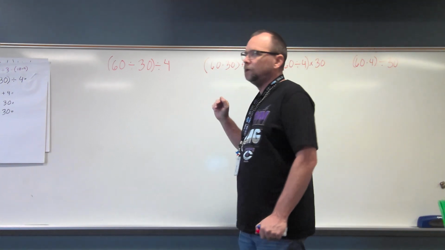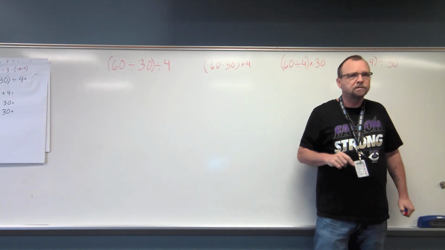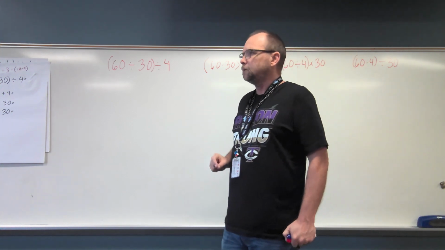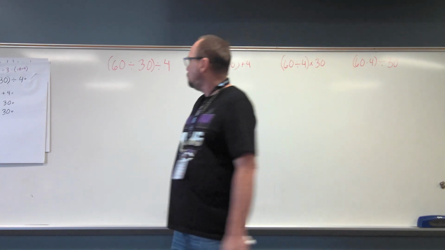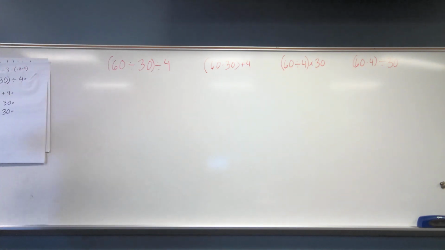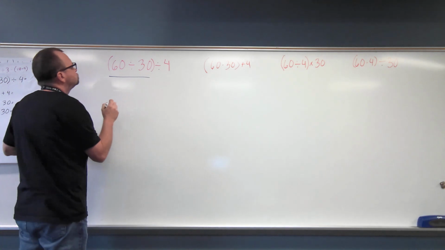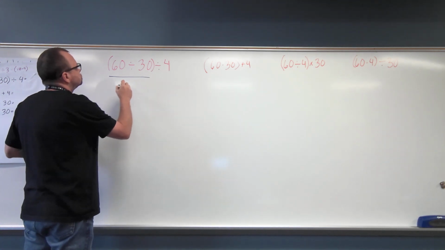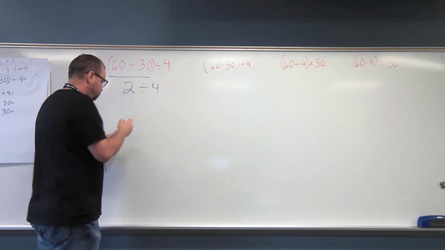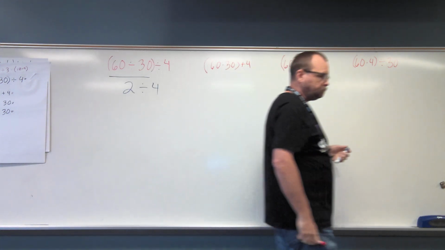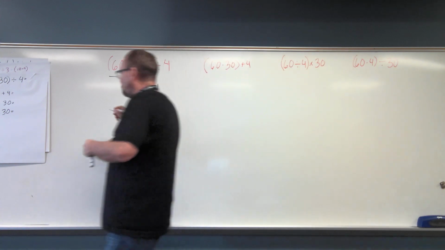So let's look and see which one of these makes sense for how long did it take him to run 1 mile. Emma, we'll do the one over on the left because I always read left to right. So what would be the first thing I'd do? You would do 60 divided by 30. And what is that? That'd be 2. Thank you. Now we have 2 divided by 4,